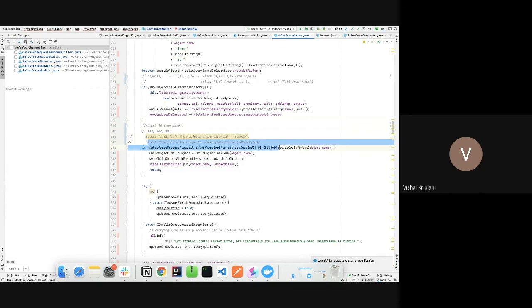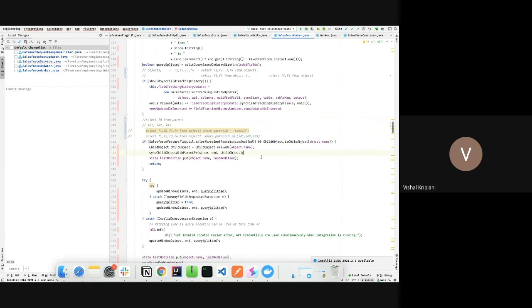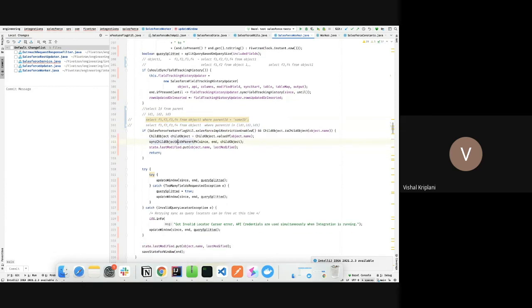But if we select this strategy, we can add multiple parent IDs in a single API call, like ID1, ID2, ID3. In this case we have to do 3 API calls, while in the other case we have to do a single API call. So in this way, we will sync these implementation restricted objects. But this is under a feature flag, and there are some improvement possibilities here. We are considering that too.